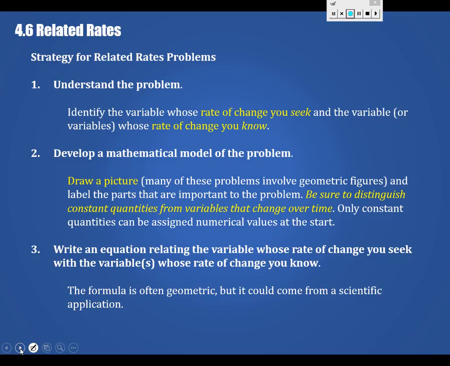And this is the thing you just saw us do, right? Write an equation relating the variable whose rate of change you seek with the variable's rate of change you know. Oftentimes that's geometric. Like I said, could be the volume of a sphere. And then,